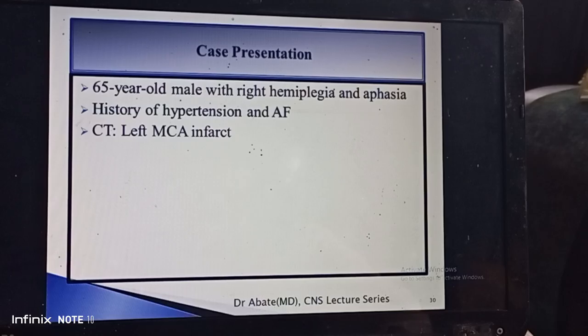A 65-year-old male with right hemiplegia and aphasia, with a history of hypertension and atrial fibrillation. CT shows a left middle cerebral artery infarct, then